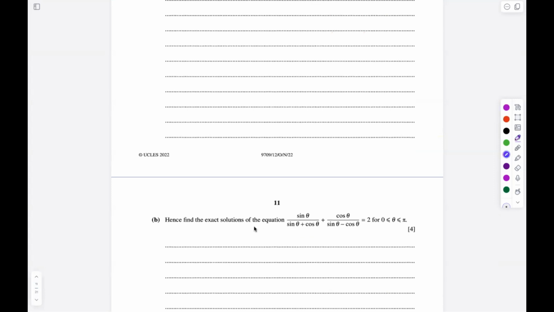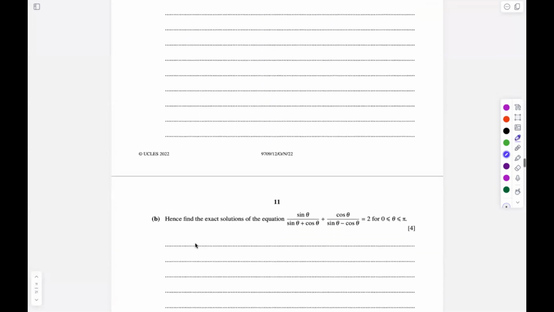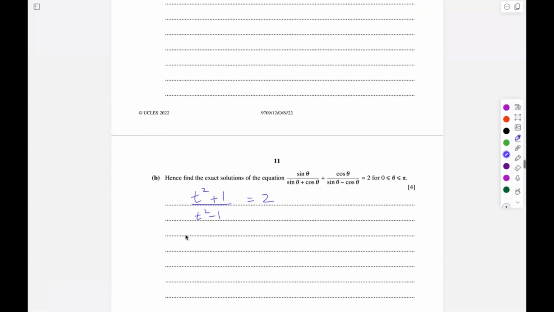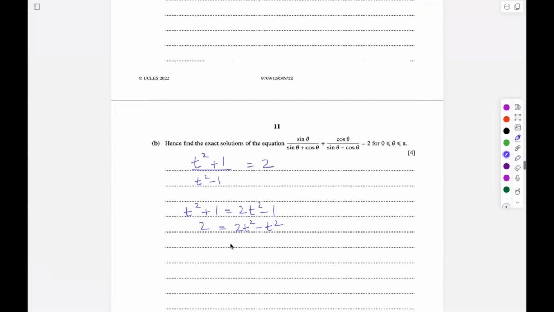In part B, it is asking us to find the exact solution of the equation sin upon sin plus cos, plus cos upon sin minus cos, equals 2. Now we have proved that this equals tan squared plus 1 divided by tan squared minus 1. We can put it in the first step, equals 2. Cross multiplying, we'll get tan squared plus 1 equals 2 tan squared minus 2. So taking the tan squared on this side, this will become 2 tan squared minus tan squared equals